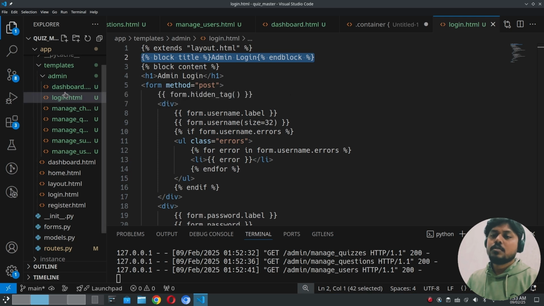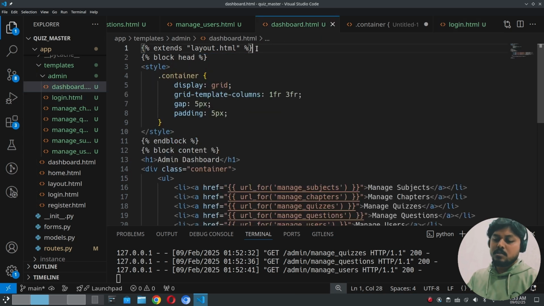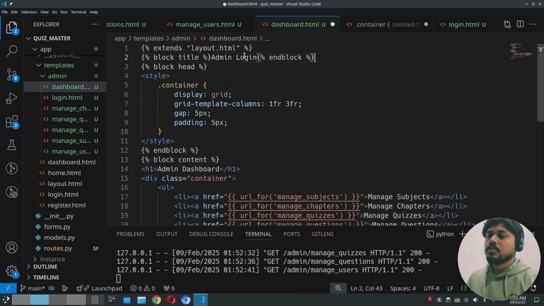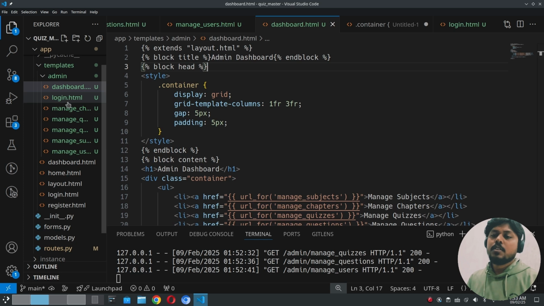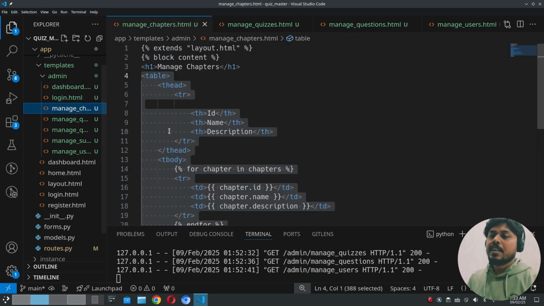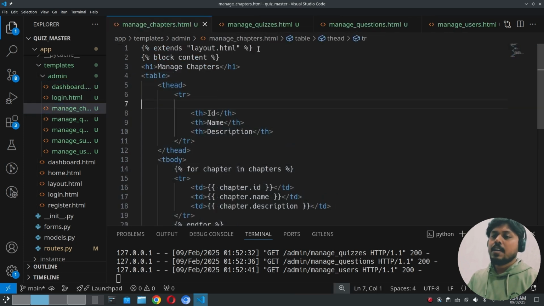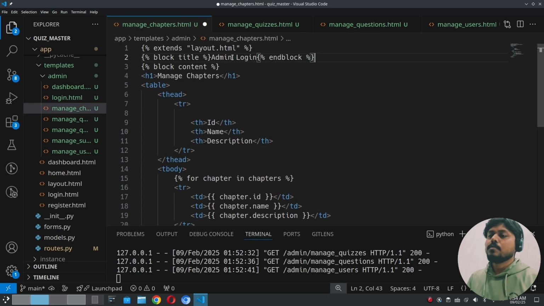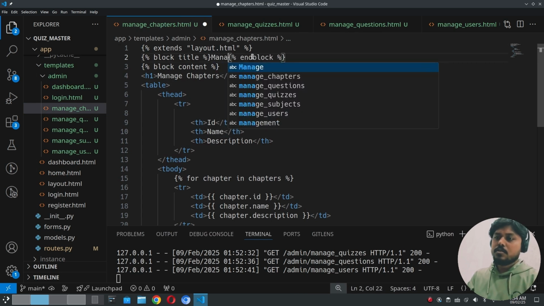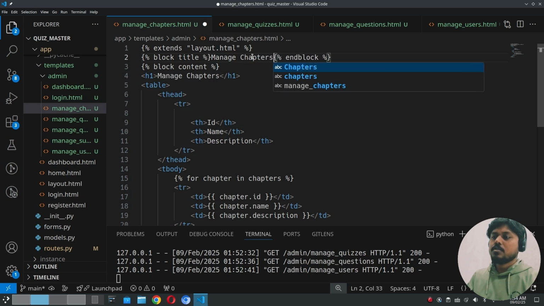So the first is dashboard, and that will be admin dashboard, and similarly manage chapters will have the title as manage chapters,